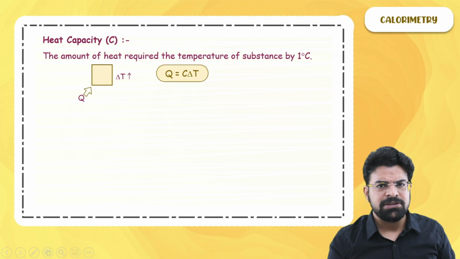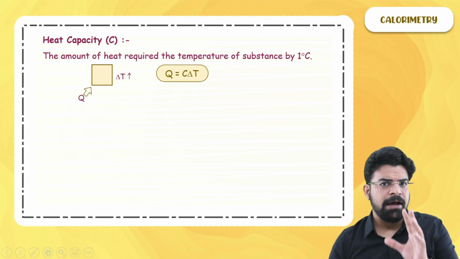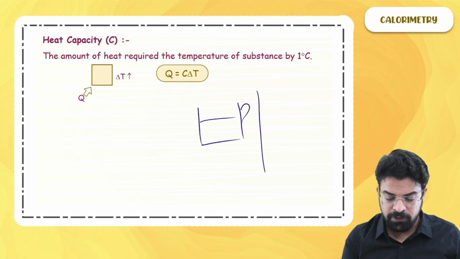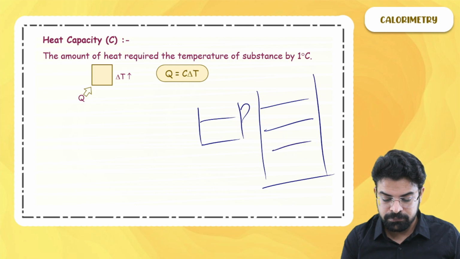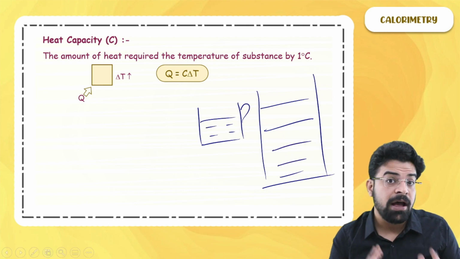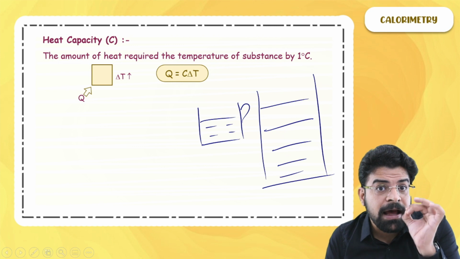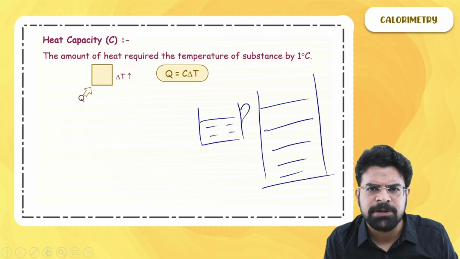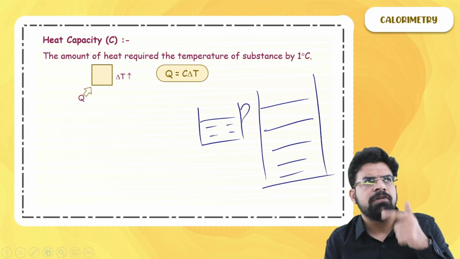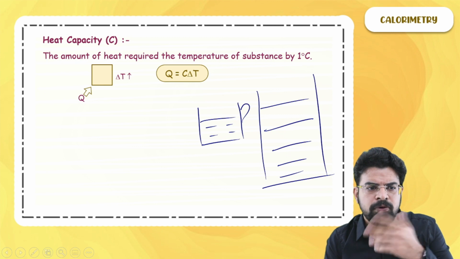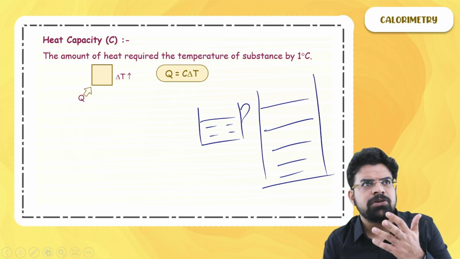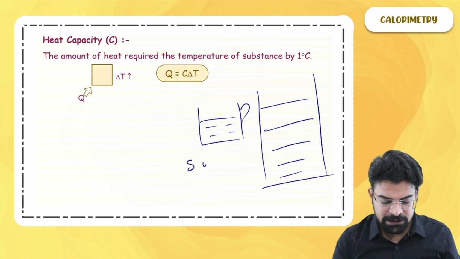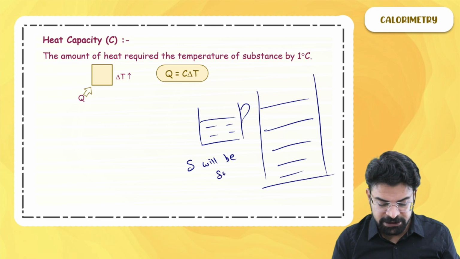Now again you can write this also in differential format, but here I would like to ask you a fun question. If you have a cup of water and if you have a bucket of water, which water will have higher specific heat? What is specific heat? The amount of heat required to raise the temperature of 1 kg of substance by 1 degree centigrade. Since both of them are water, the amount of heat required to raise the temperature by 1 degree centigrade will be same for both. Hence, specific heat will be same.